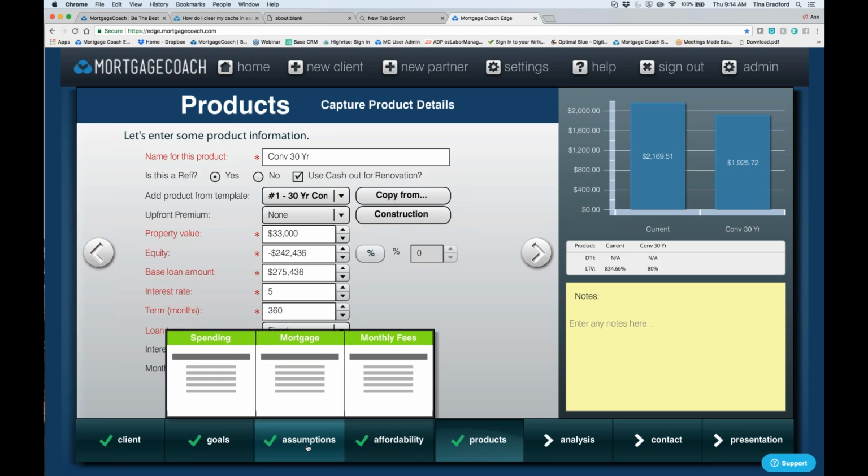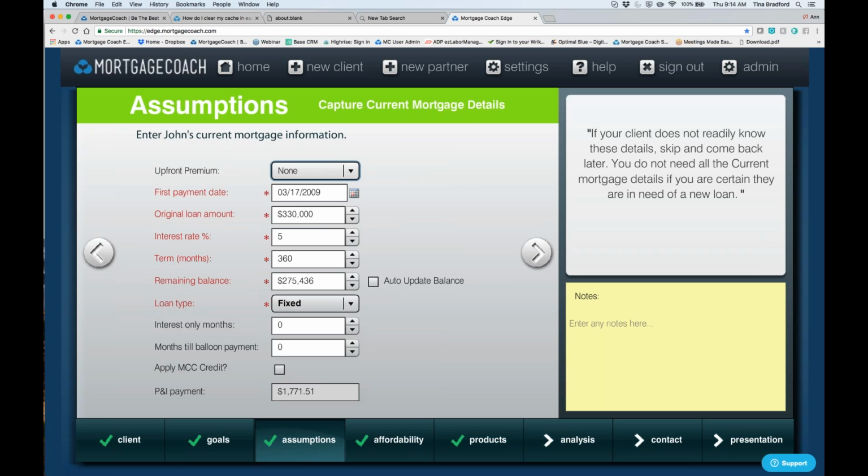And when you place in your assumptions area on that mortgage, you place this date in here, it then takes it back to that logic that was before. So it's going to be the 2017 and earlier tax laws that pertain to it. If it is after that date, those new tax laws come into play.